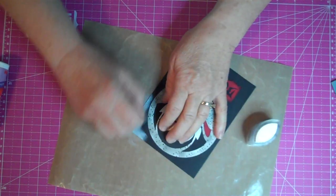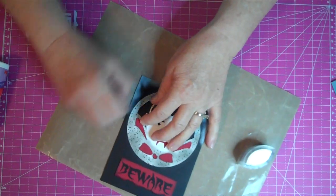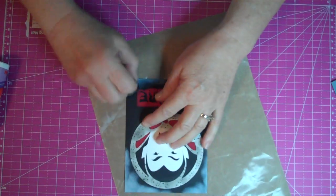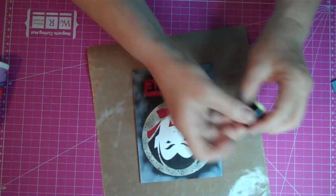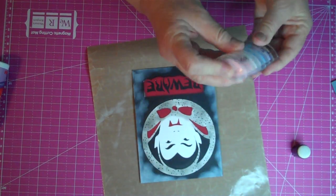So I'm just going to scrub this all over, not being at all neat, as you can see. And just kind of making it look creepy and messy, and that's it. That's all I did. It took a couple seconds. So there's the white. And then,